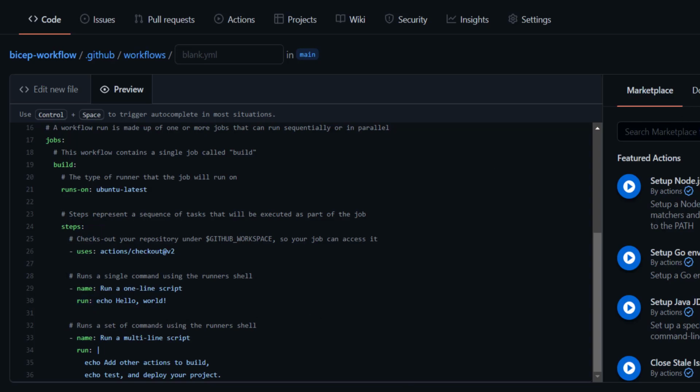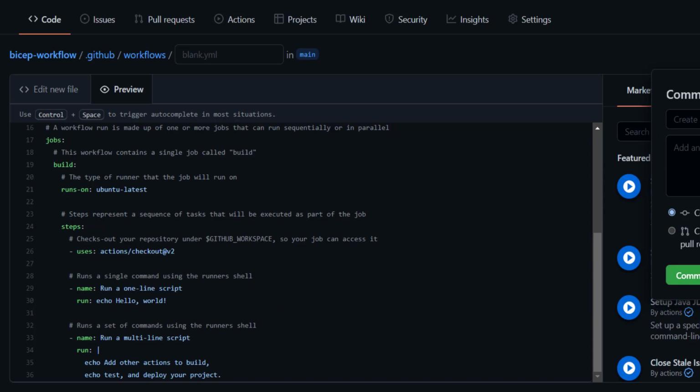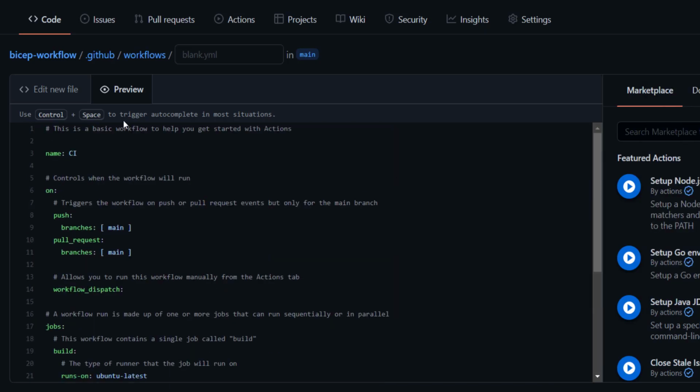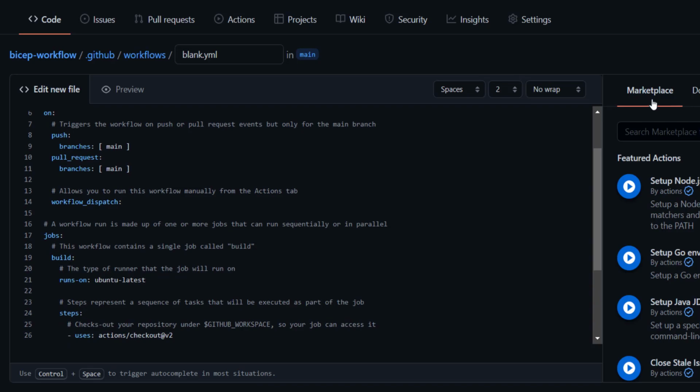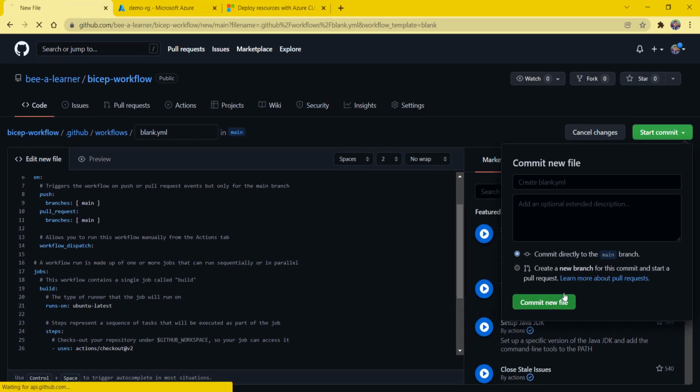We can simply go ahead and check in this particular template. I'll check in this template. Actually, before I do that, I can simply change the name of the template. So I would like to call it Azure deployment. That's the name it will show in the workflow actions section, and the rest of them I'll keep as is. So I'll commit the change,